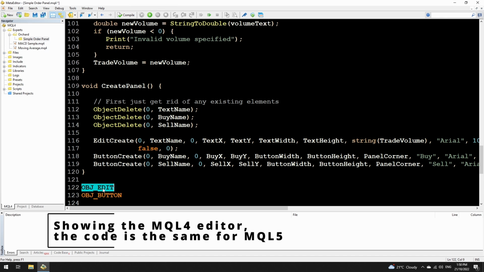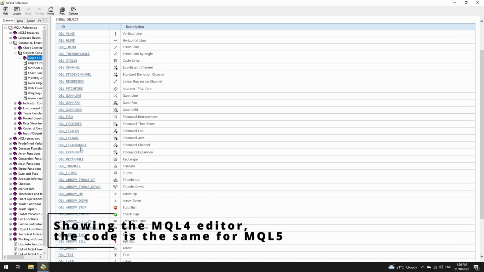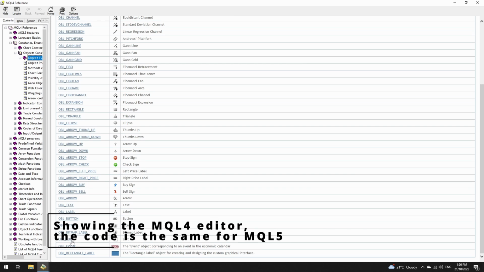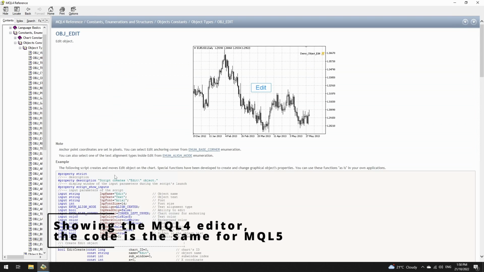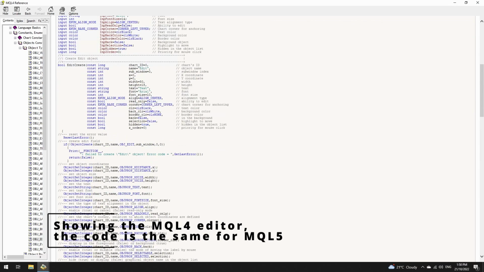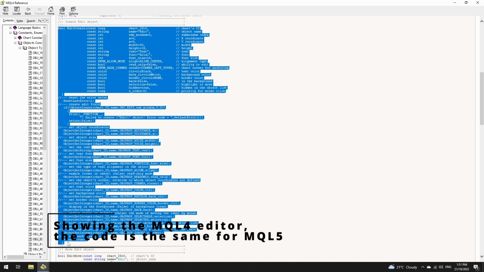I'm not selecting the whole thing, I'm just clicking it, and then press F1 to bring up help. And I get this help with object types, and I can search for obj_edit, which is here. Click obj_edit, and conveniently MetaQuotes have given me this function EditCreate. Just scroll so I can highlight all of that. And I'm simply going to highlight all of this object create function,